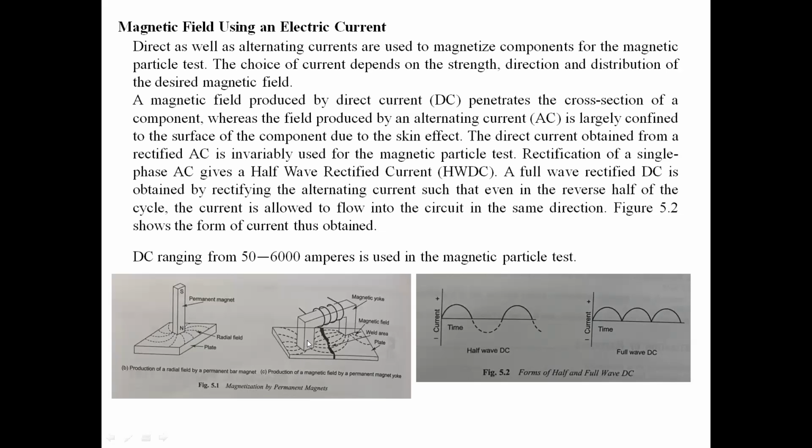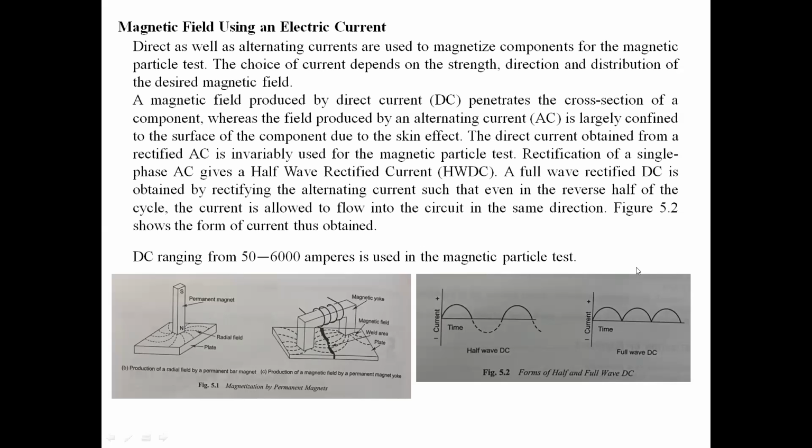Now, if you position the magnet in this yoke manner, then the magnetic field is produced like this. This is the permanent yoke. This is the shape of the yoke. The magnetic fields are produced parallel to the surface of the component. So according to our test application, we choose the orientation of the magnetic fields, and based on that, we position the permanent magnets on the workpiece.